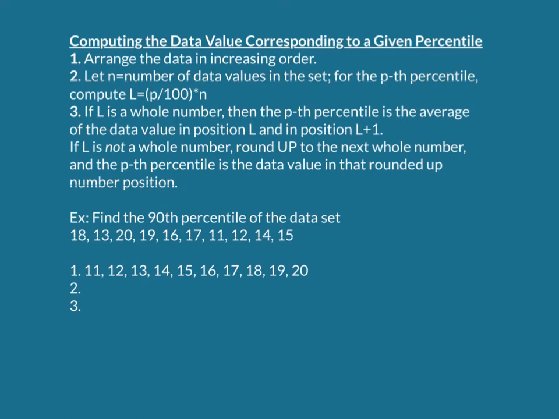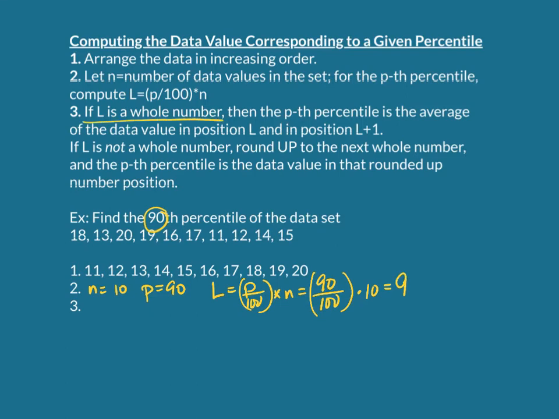This time we have 10 data values, so n is equal to 10. The 90th percentile, so p is equal to 90. And L is p divided by 100 times n. So that's 90 divided by 100 times 10, which gives us the exact value of 9, which is a whole number. So we're going to look for that position